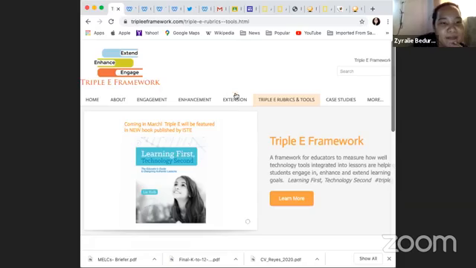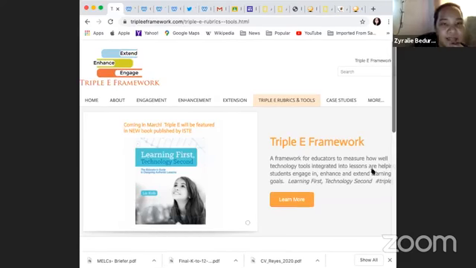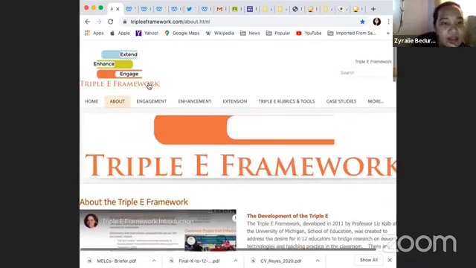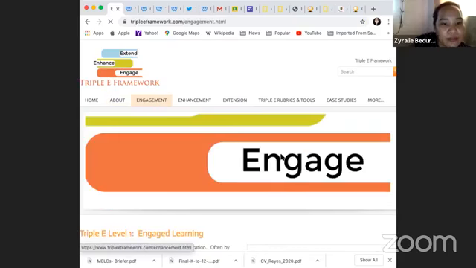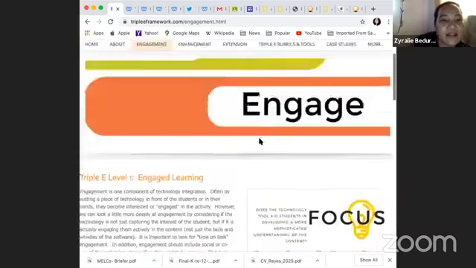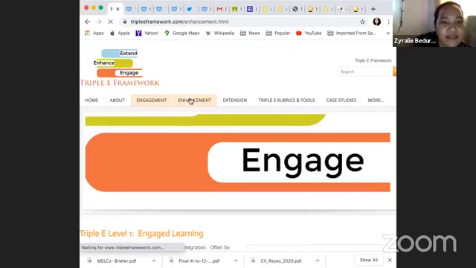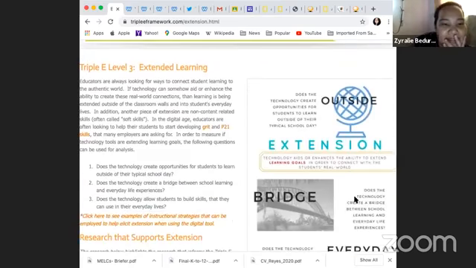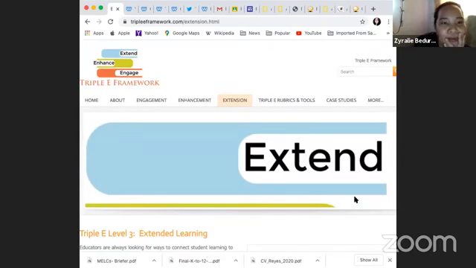So yung Triple E framework, if you go to triple-E-framework.com, you will be able to see about the project, the theories behind this framework, look into the details of what is engaged learning, what is enhancement, and what is extension. Okay, what's good about this is that you can assess your own technology